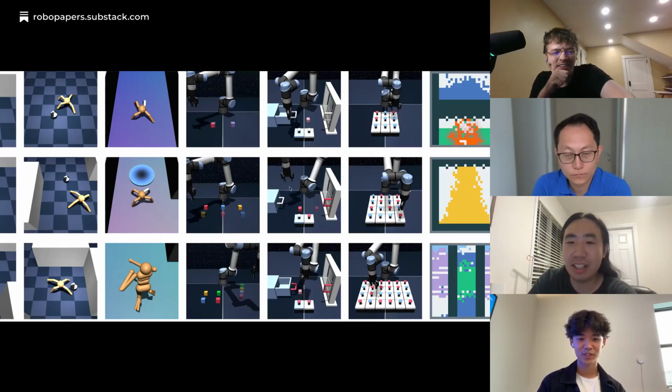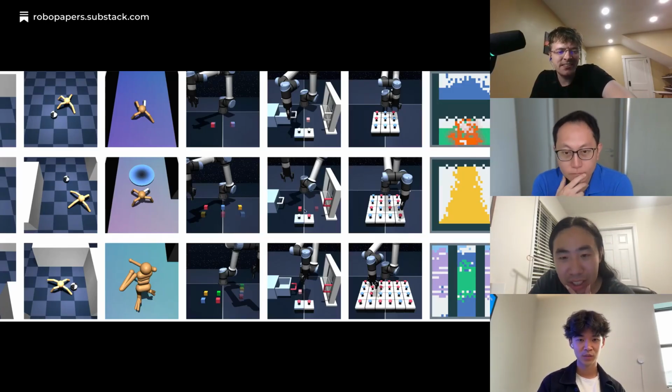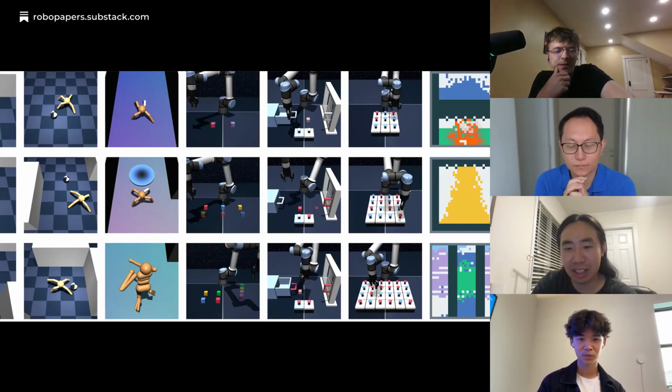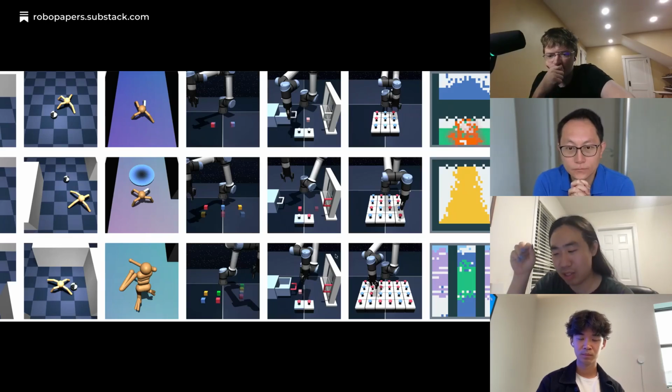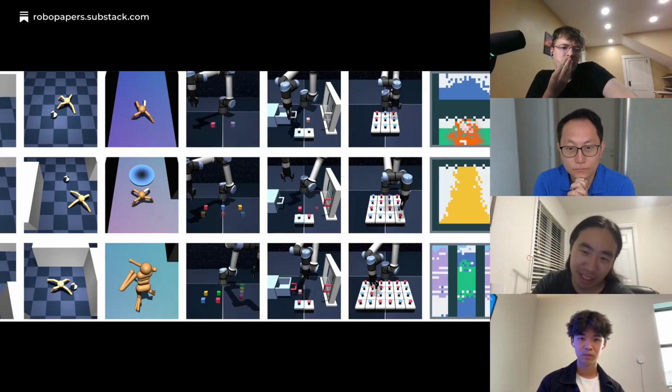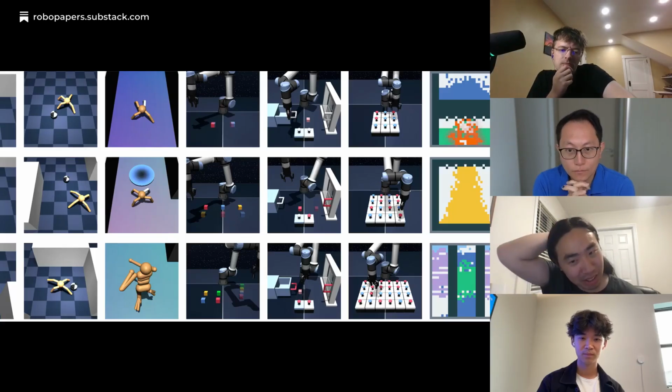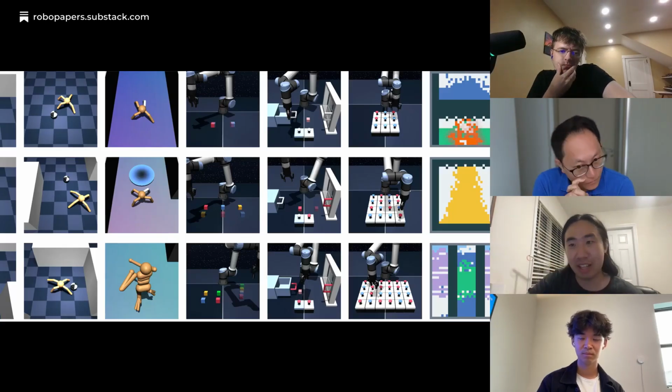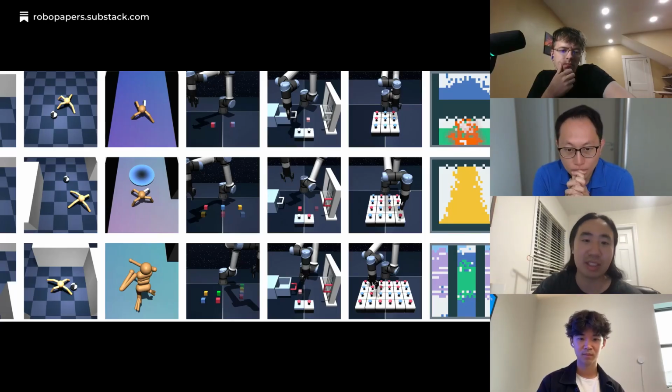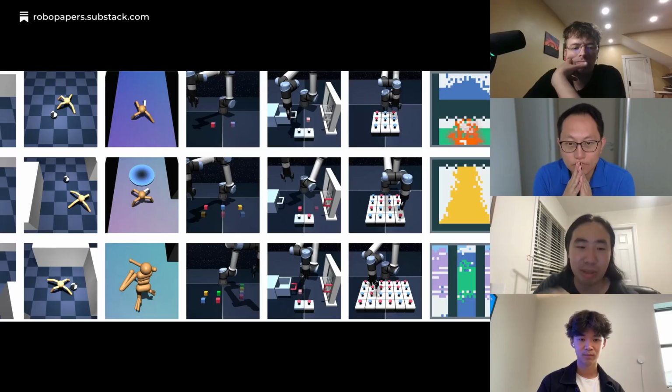Yeah. Cool. And one thing I want to note here is that some of the tasks really require you to do multiple actions in a row in order to solve the task. For example, the scene task where you have to first unlock the drawer, pull the drawer, then put the cube in, and close the drawer. So it requires some long horizon reasoning, or you need to compose multiple primitives together.